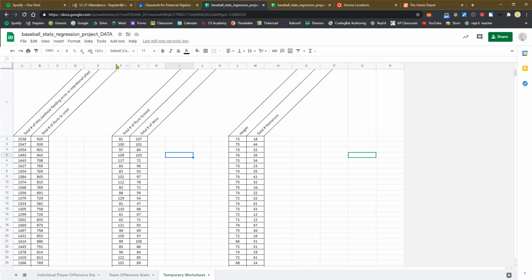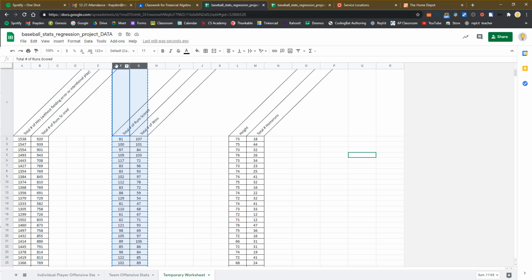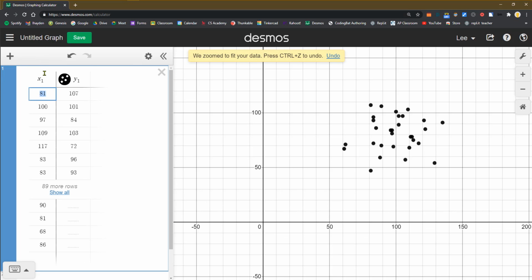So you want to put that column first, and then once you get them side by side on the temporary worksheet tab, you highlight both the columns by clicking up here on the letters and dragging across, and then do Control C, and then you go into Desmos in a new graph and do Control V. Okay, so